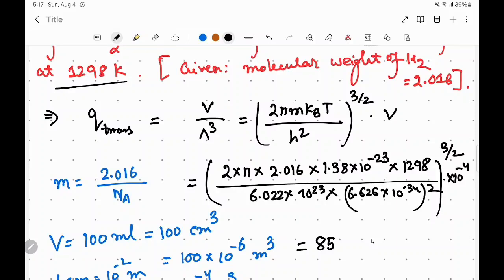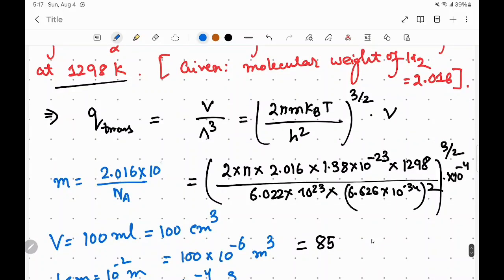Okay. This is also important because this value is in gram, right? Yes. So we have to consider it in kilogram. These are very common mistakes. So here you have to consider 10 to the power minus 3. Okay. So now if you do it, so it will be